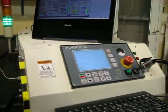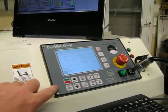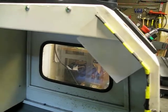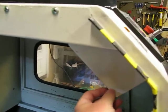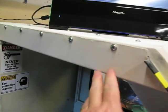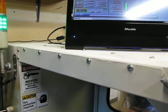So that involved cutting a hole in the front here for the new control panel, building and fabricating a new front enclosure here to hold the new electronics because the old enclosure wasn't deep enough for the new electronics, building and fabricating this wiring race here to carry the wires from the back of the system to the front of the system,